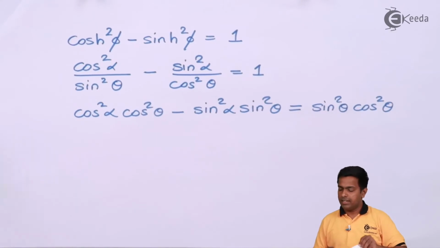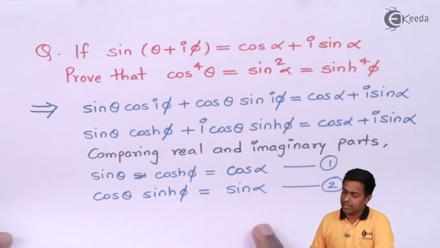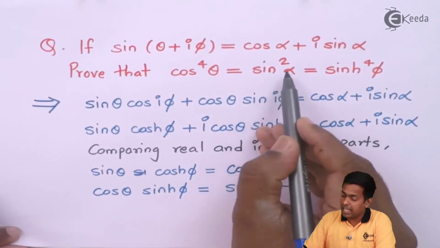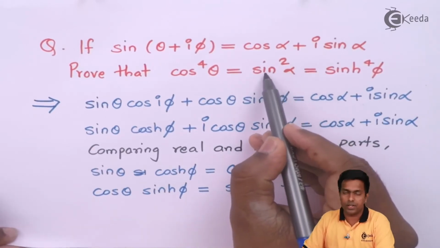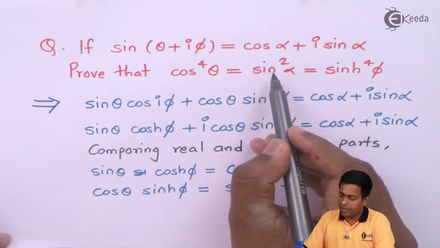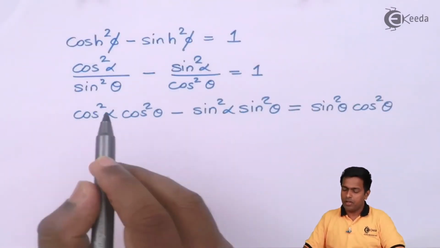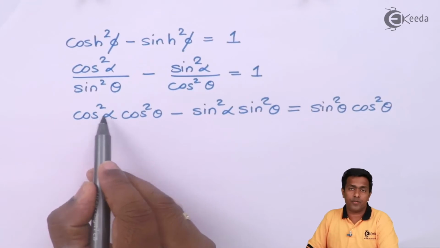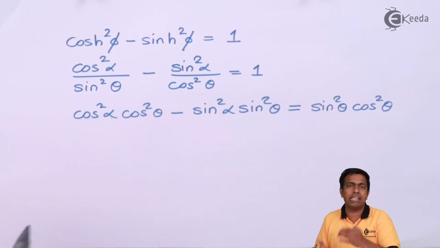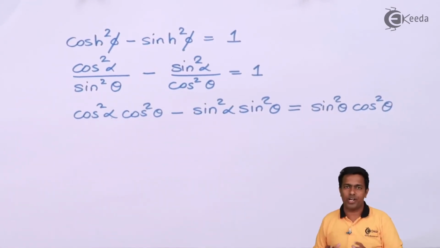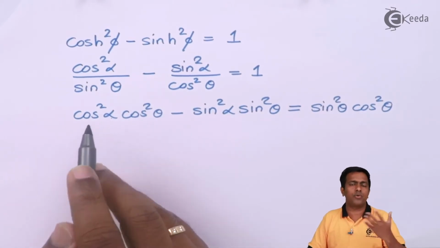Now guys, let's observe the result. Here, whenever the angle is alpha, we want the sine term, and whenever the angle is theta, we want the cos term. So let's come here. Now here the angle is alpha, but we have the cos term, but in the answer we want the sine term. So what I'll do is I'll convert this cos term to the sine term.